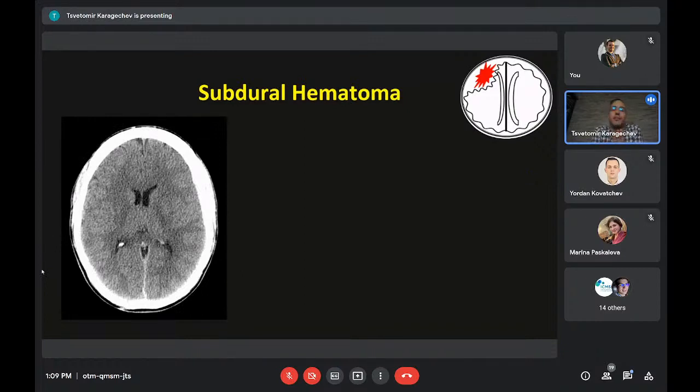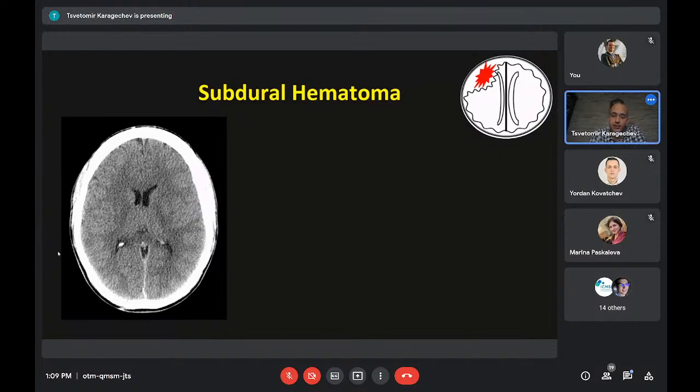So remember, in the beginning, we talked about windows and the problem with the normal brain window. So this is normal brain window. And when you look at this image, it kind of looks absolutely normal, doesn't it? So the brain parenchyma that we see looks okay. There are no hyperdense lesions inside of the brain parenchyma. There is no midline shift, no hydrocephalus. But again, clinical history is key. In this case, we know that the patient had suffered a motor vehicle incident, so we need to look extra carefully for traumatic brain injury.